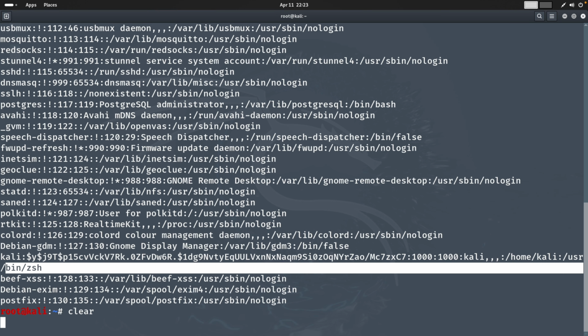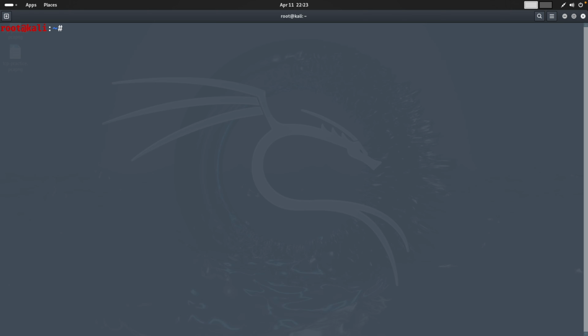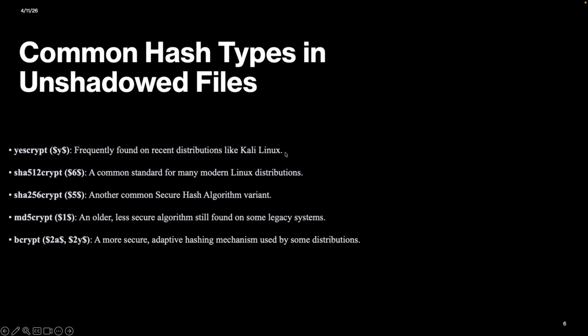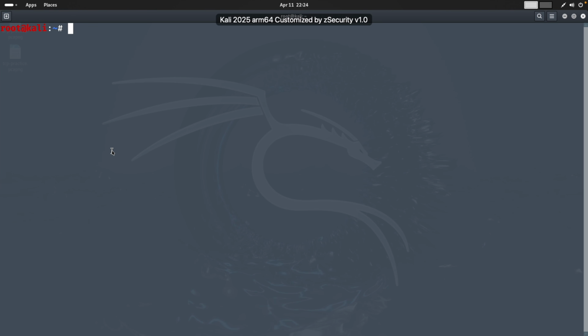So now how can we crack it? The first step, always remember, we need to identify the type of the hash that has been used. We know that the type of the hashes that has been used over there is yescrypt. So what's the specific format in John the Ripper? The specific format in John the Ripper is crypt. Let's list it. List formats